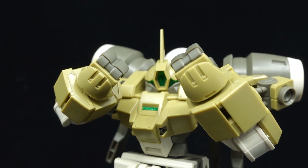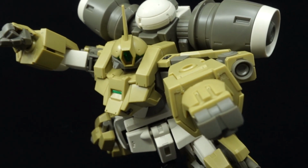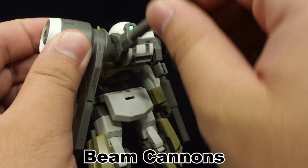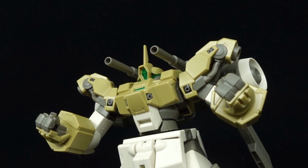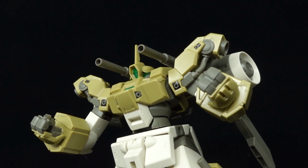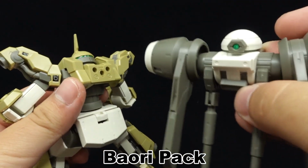Accessory-wise, apart from the sole set of holding hands that apparently have the mounted fist Vulcans that add firepower to Chuchu's punches, the Demi Barding has backpack-mounted cannons that can be swiveled over the shoulders for use. The extra firepower is definitely nice, until it gets better when the entire backpack, known as the Baori pack, flies off independently on a leash for all-range attacks,